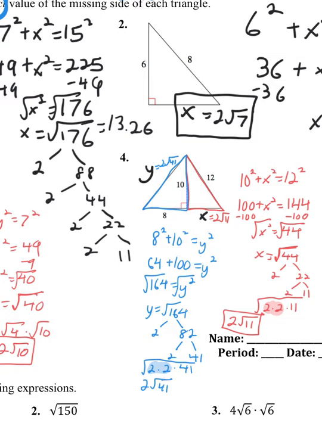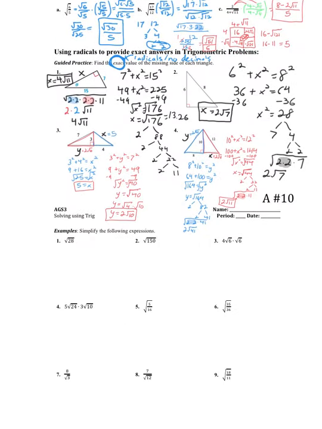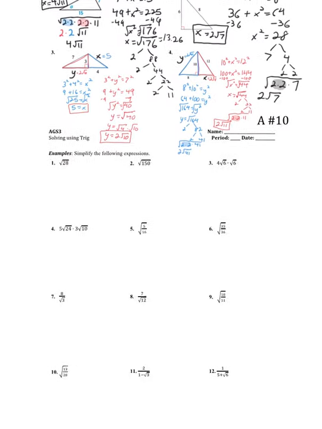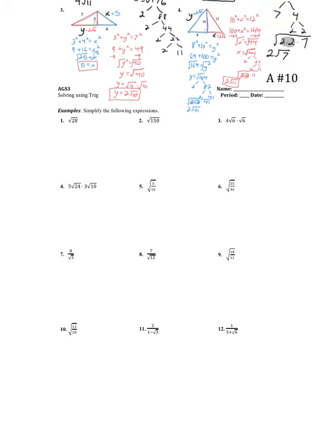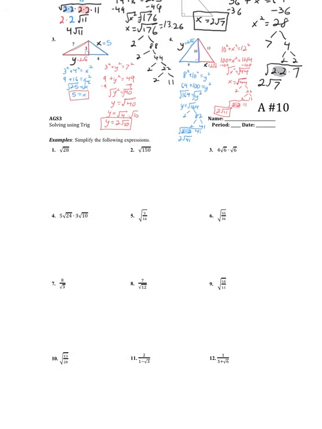Okay. Any questions on any of this stuff today? For your assignment tonight, you should be able to hopefully get it done fairly quickly. 12 problems total, simplifying radical expressions. Okay. So hopefully you can get that done fast. Tomorrow there's going to be a graded assignment. It's the Mod 4 graded assignment, posted on